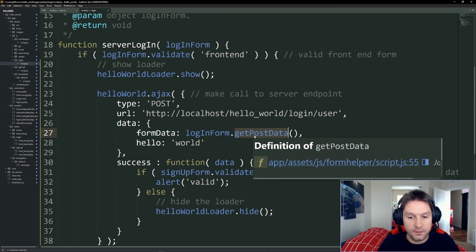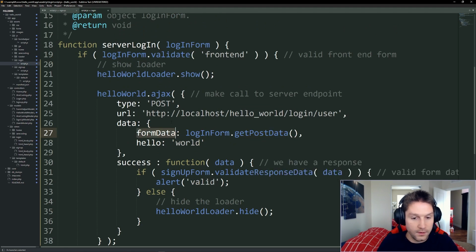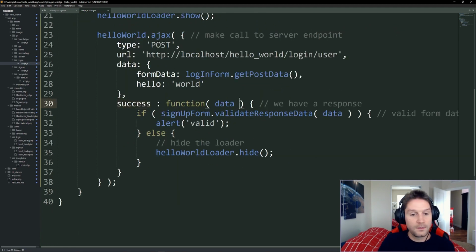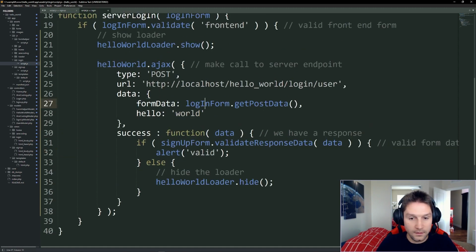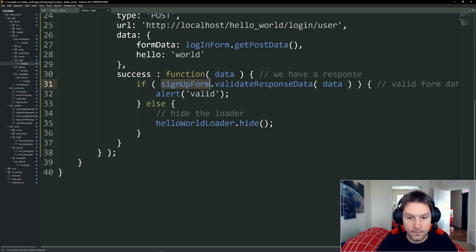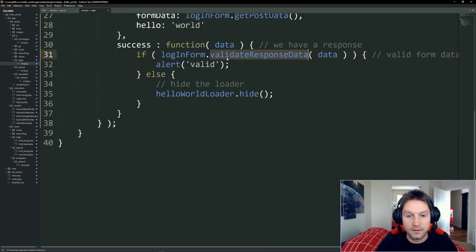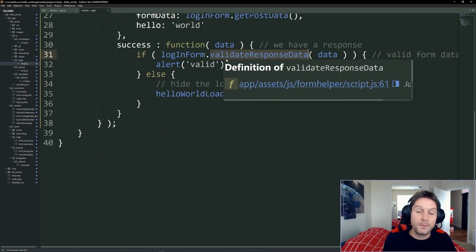And that get post data just gets all the data from the login form, stores it in our form data object right here. And then we have our success function right here, which is once our endpoint right here, login/user, has validated our data on the back end, it's going to return to the success function right here. So we want to, again, call our login form .validate response data. Our front end is going to update our UI with what came back from the back end,